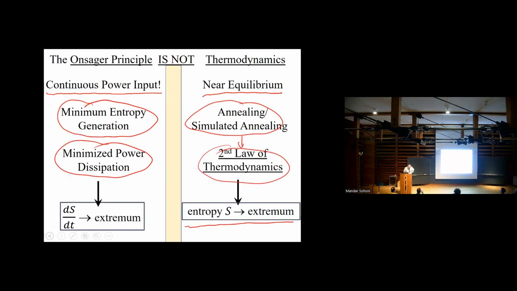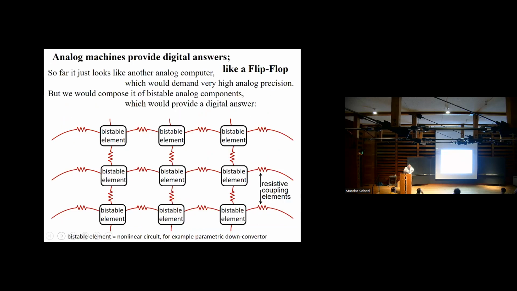So what I'm going to do now is show an example of making a machine. As an engineer, I'm just trying to be practical. The world likes to present data digitally and likes to see outputs digitally. That's doable with analog elements; you just make the analog elements bistable. It's like a flip-flop, which is actually made of transistors and is analog, but it falls into two bistable states, and you let them interact, let's say through these resistors, and hopefully you solve something interesting.